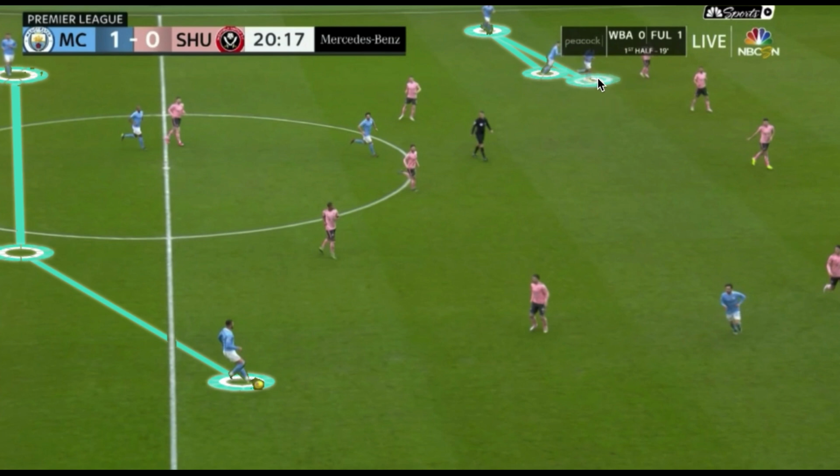And Gabriel Jesus, he plays as a lone striker today, but his movement is crucial because with three central defenders from Sheffield United, so we have 1, 2, 3. These central defenders, their positioning is crucial, and in terms of manipulating their positioning, Gabriel Jesus will play a crucial